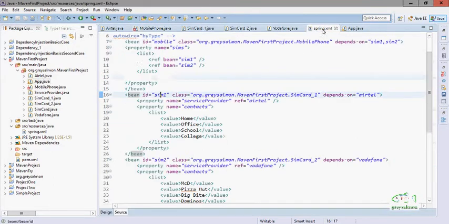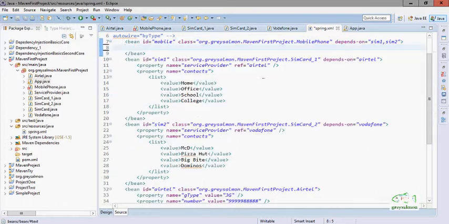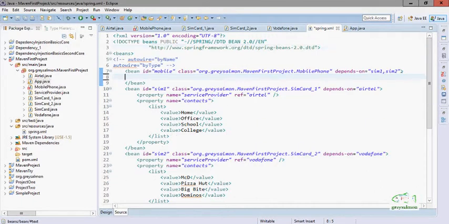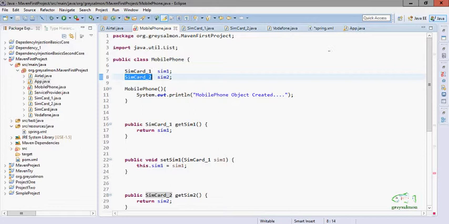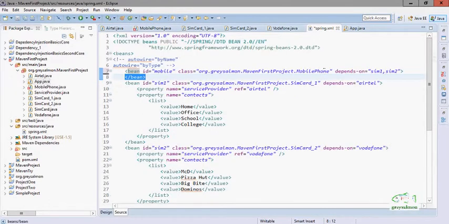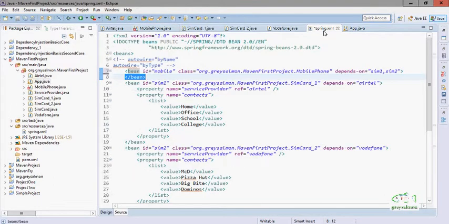Autowiring these two properties means we will not provide anything here. We will not use any property tag or any constructor-arg tag. These two properties, sim1 and sim2, will be autowired automatically, meaning they will be injected automatically.